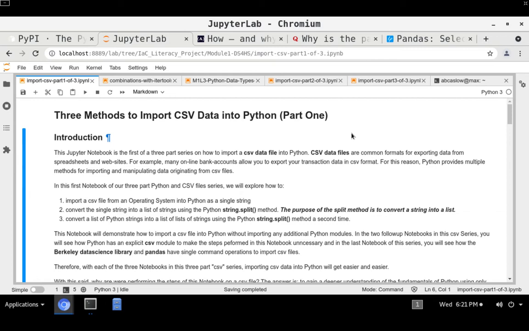Now, CSV data files, and CSV stands for comma separated values, are common formats for exporting data from spreadsheets and websites. Many examples of this are online bank accounts that allow you to export your transaction data in CSV format. CSV format is very easy to export, and it's very clean data. So it's very easy to understand from a human perspective, but also very easy for a computer to understand. For this reason, Python provides us multiple methods for importing and manipulating data originating from CSV